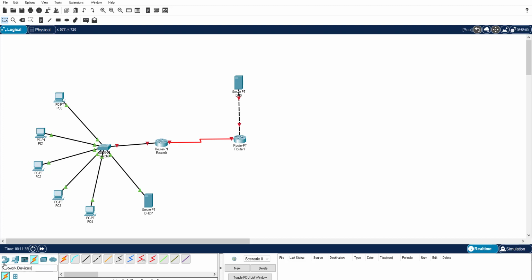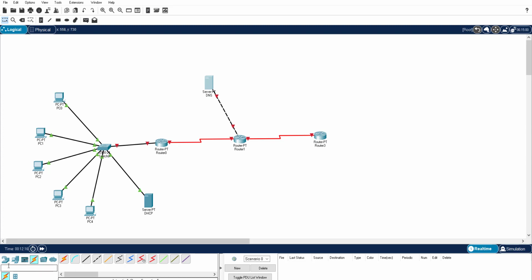Now, let me take another router. This is the next router, and I'm going to connect it. Actually, I selected the empty one. You should not select the empty one because there is no interface here. So let me go for the PT router. I'm going to connect the routers. Router to router, again it is a serial connection. So this is the DNS machine I'm having here.